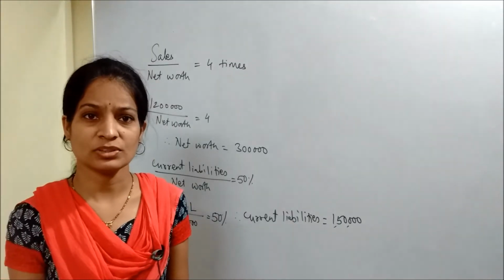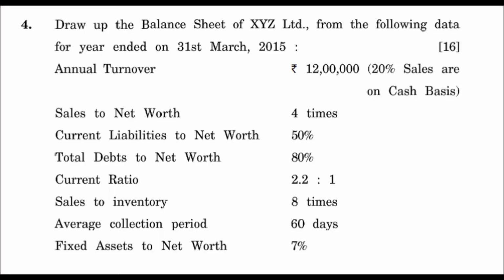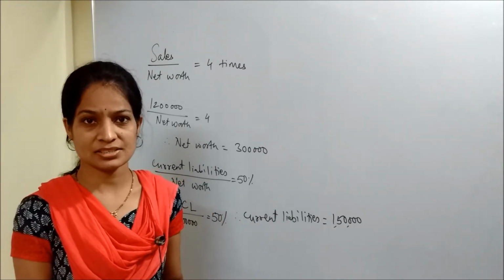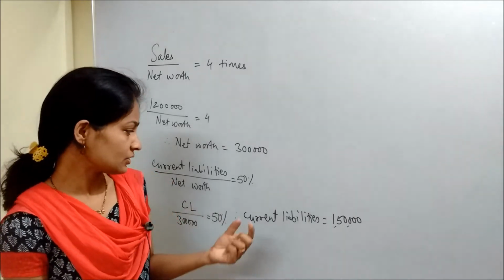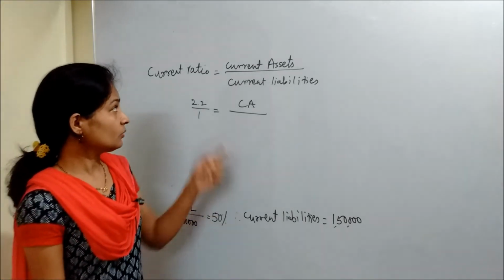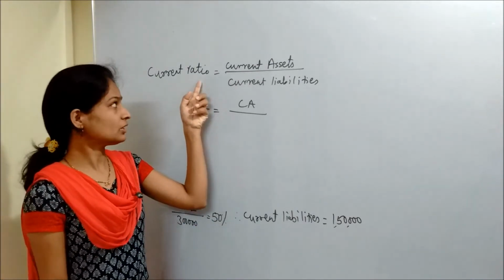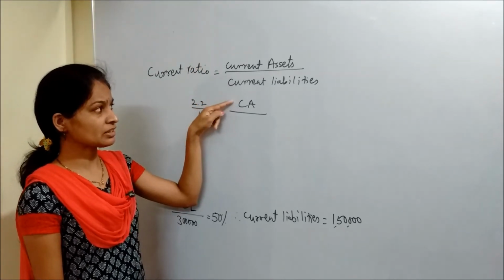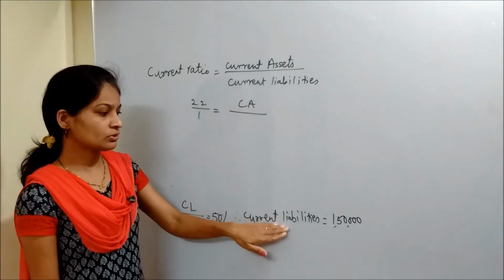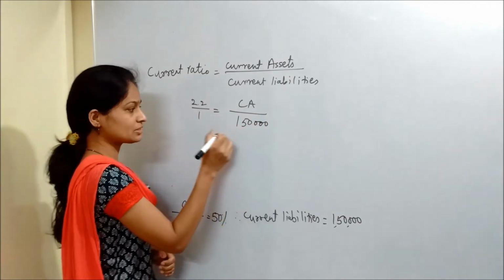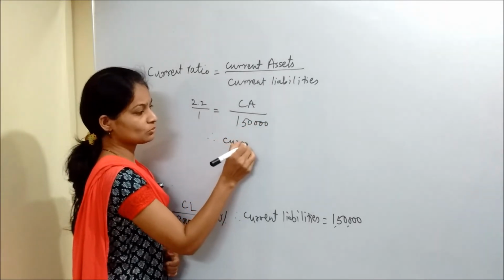The next ratio that is given is the current ratio. Current ratio is the relationship between current assets and current liabilities. Out of that you have current liabilities here, so you can easily find out current assets. Now in the given formula, if we put the amounts, the ratio is given in the sum itself. Current assets we do not know, so I have written it as it is. Current liabilities we have found out, that is 1,50,000. Now if you try and solve this equation, current assets will come to